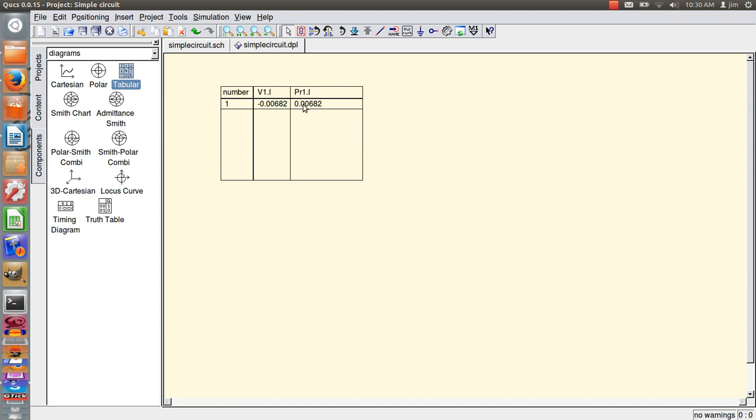You just got to realize it's in math. The reason this is negative is because it's actually got current flowing out of the positive terminal as it sources the circuit, so it's actually negative. And that's just the way Qucs does it. I think it's doing it in terms of electron flow, but you can sort of figure out what your current should be. The minus is only a direction, usually with current. So there's my circuit,